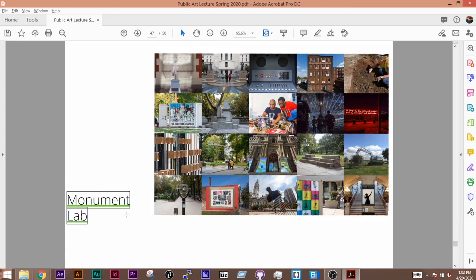Monument Lab is a group of curators and artists housed at Penn who bring a lot of attention to the role of what a public monument should be for a particular place. So it started out with this question of what is an appropriate monument for the city of Philadelphia? And in 2017, they had a huge citywide exhibition bringing 20 different artists to Philadelphia, or from Philadelphia, to do a public work. So pieces like